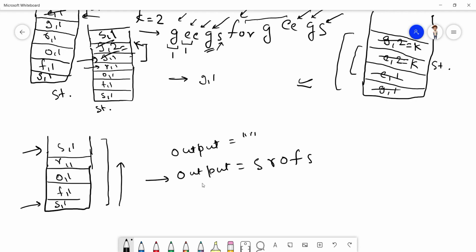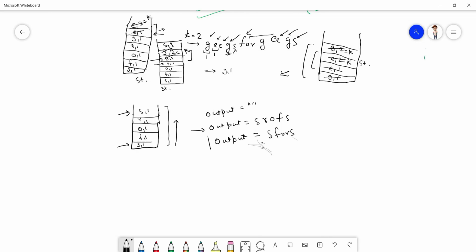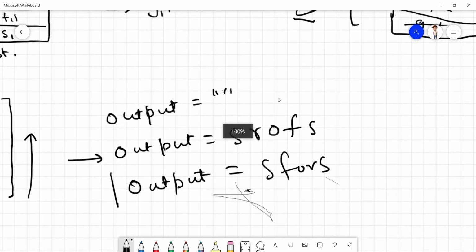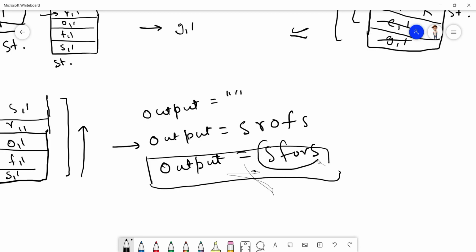So now we will reverse this string and our output will become S for S. So now I think we have got our answer, which is S for S. And in the previous example we discussed, the answer was also the same, right?